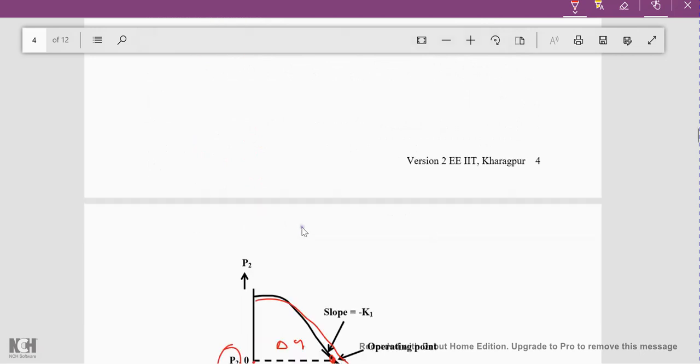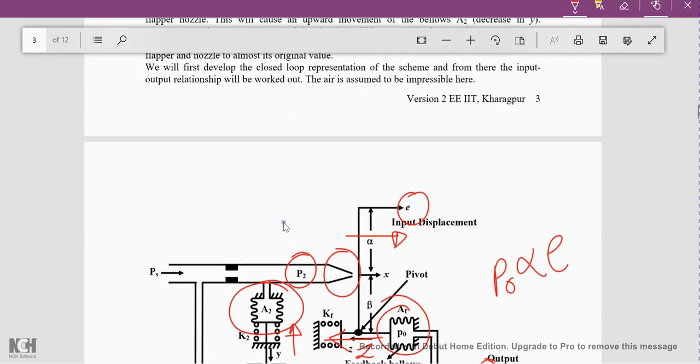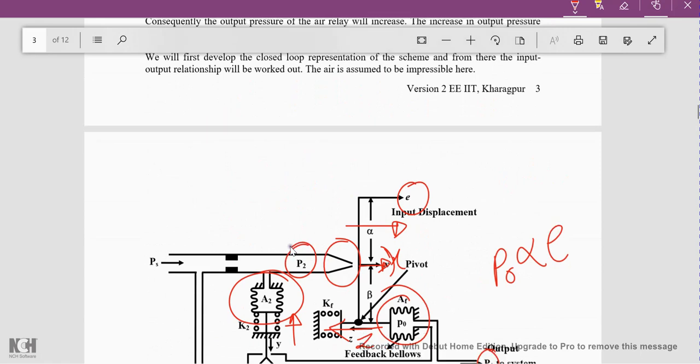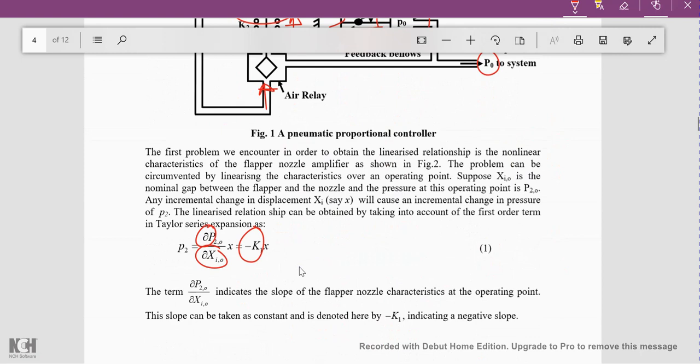So what is input x here? Input x is nothing but the small displacement, it is not the very large displacement. Here we are considering that it has moved by a very small displacement x, so this is the value x. We are going to get that x also later, so try to remember. With respect to that small change x, with the help of this slope, slope multiplied by the input gives us the output. So this small displacement is going to give us the small pressure P2. I hope you understood this expression here.